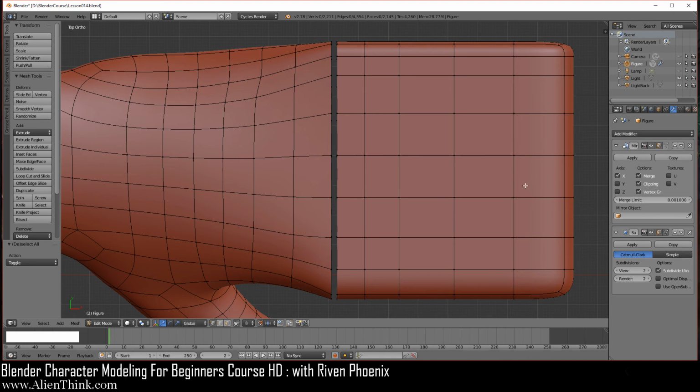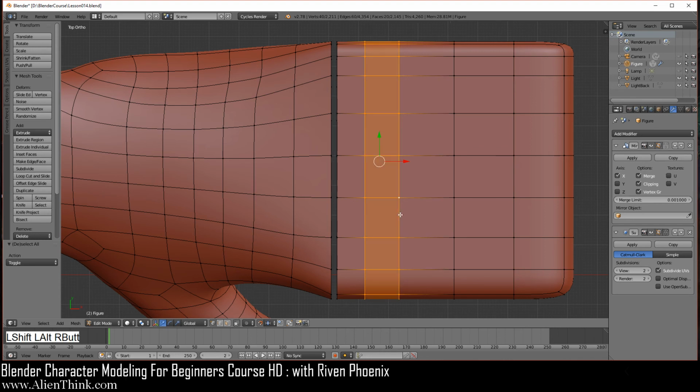Anyways, so what we want to do is actually switch to the vertex select mode first. We want to delete these edge loops. So I'm just going to show you, if you do Alt, it's going to select this edge loop. And if you do Shift Alt and click on this one, it's going to select all the faces, right? Because this is where in the vertices, everything's getting selected and it's going to connect over here. This is not what we want. So we're going to do Control Z to undo that.